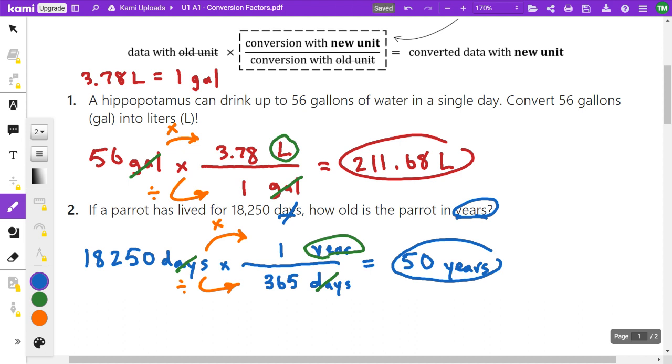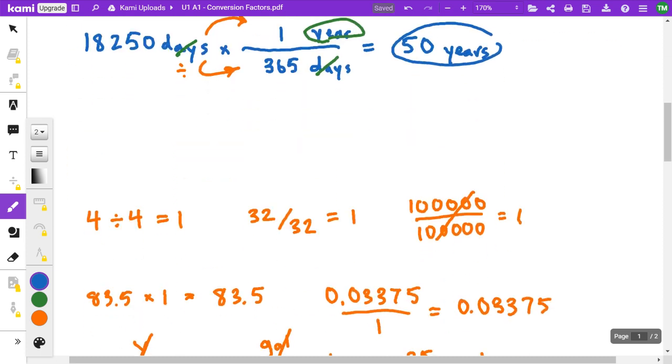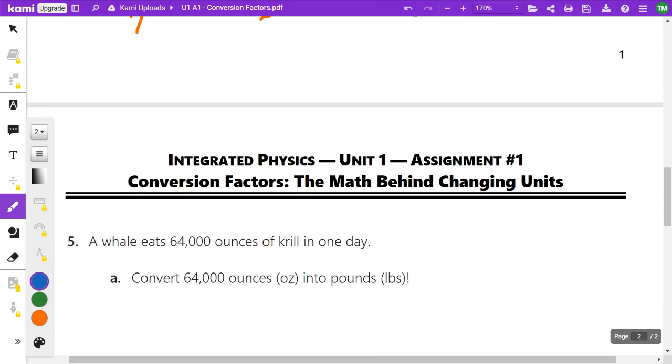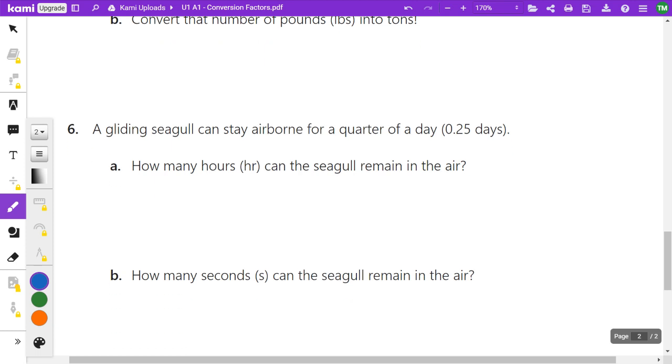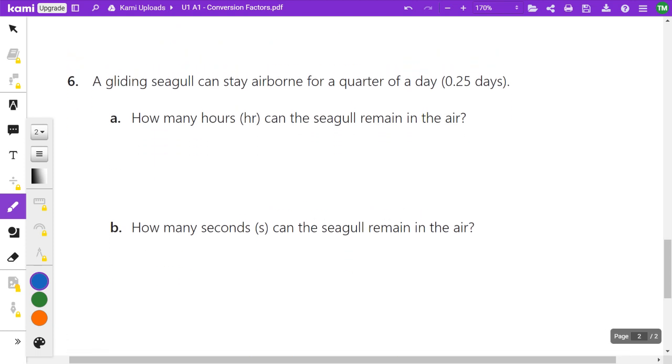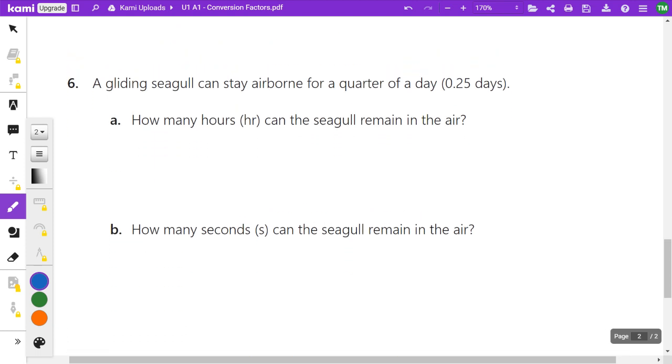Okay, let's try a couple harder ones. Let's look at this 6th problem here. A gliding seagull can stay airborne for a quarter of a day. That's 0.25 days. So first things first, I want to figure out how many hours that seagull can remain in the air. And then I want to figure out how many seconds the seagull can remain in the air. So let's start with this first one, where again, first thing I'm going to do, I'm just going to rewrite this 0.25 days